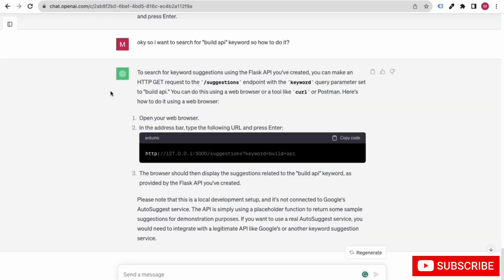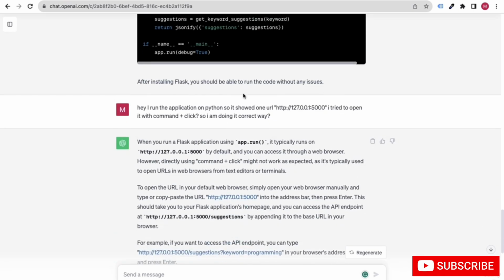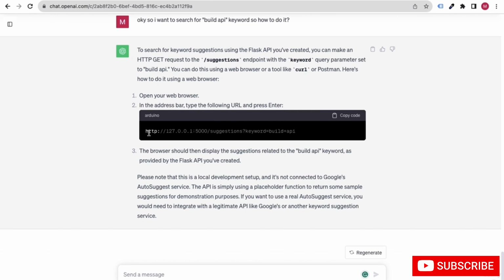we have created one API basically using tools like ChatGPT. Okay, it has just provided us a complete tool with all the instructions, and we have also seen, if we incur any problem, how ChatGPT can help us to solve that as well. I have shown you with a practical example, right?